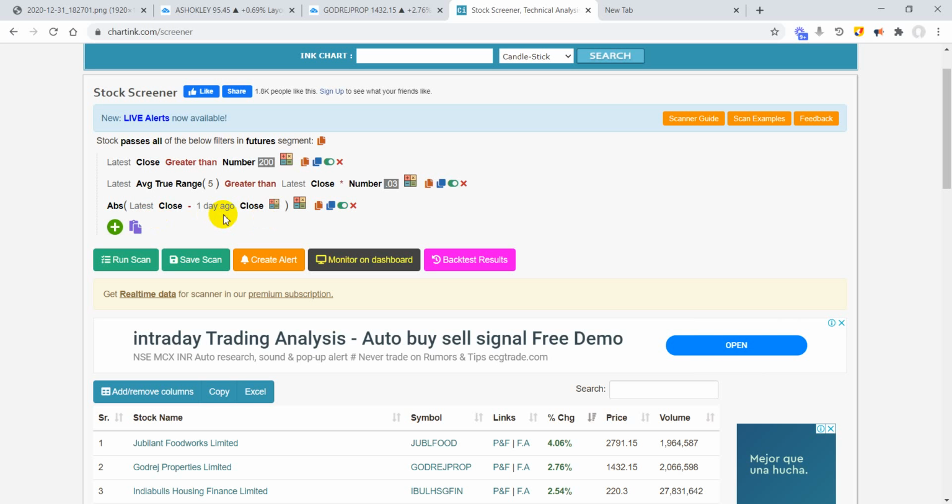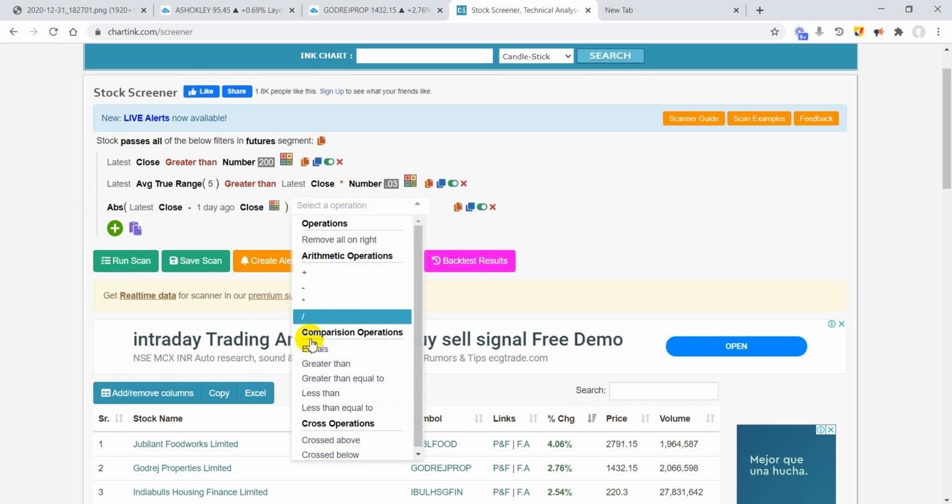Let's take another example: the current market price is 98 rupees and yesterday's closing was 100 rupees, so this will give you -2, which with the help of the absolute function we are converting into a positive value. So in both cases this function will return a value of positive 2, and this should be greater than